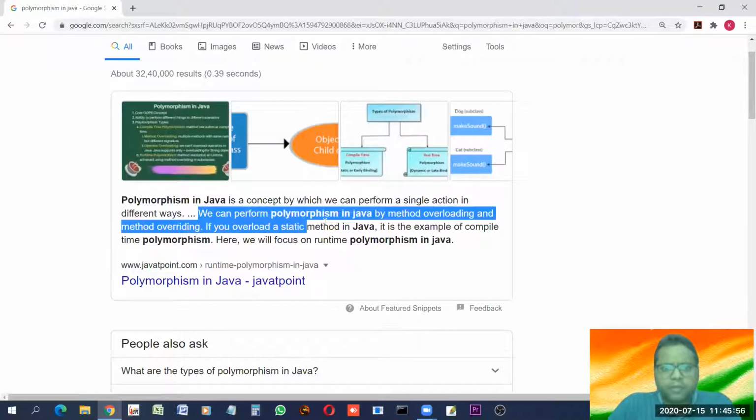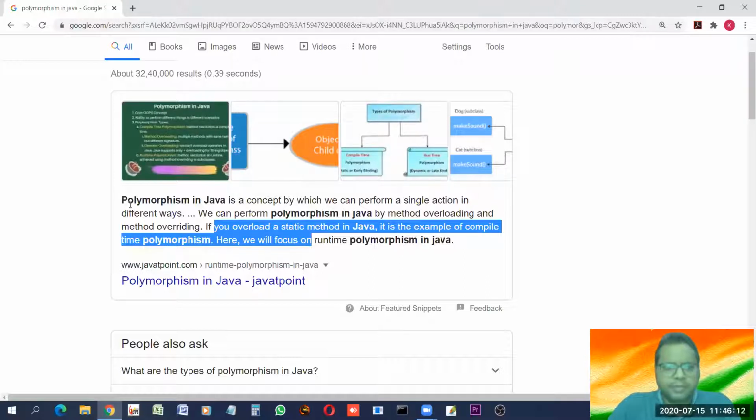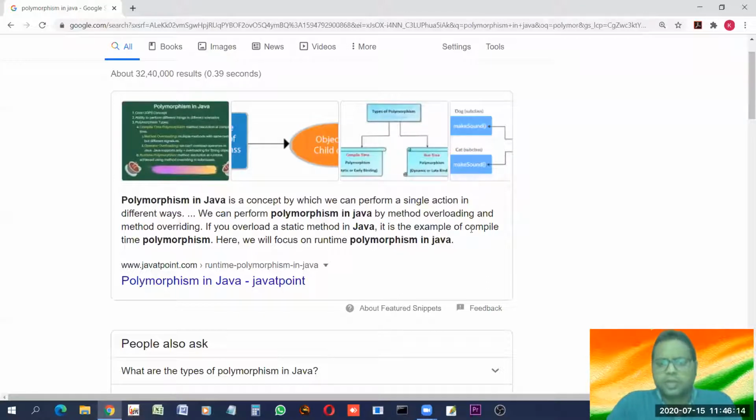We can perform polymorphism in Java by method overloading. Now, this is one of the points that I'll discuss. And method overriding. If you overload a static method, it is an example of compile-time polymorphism. So the main point here is overloading. So let us first try to understand the meaning of the word polymorphism.